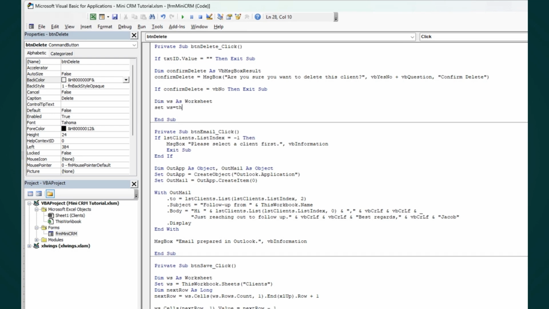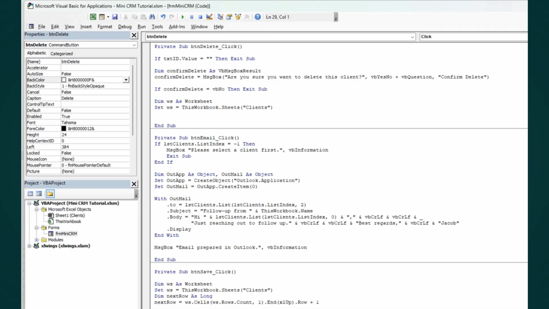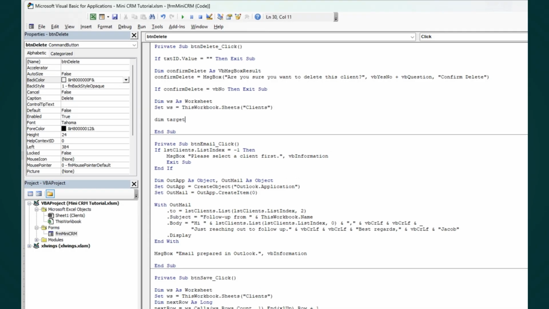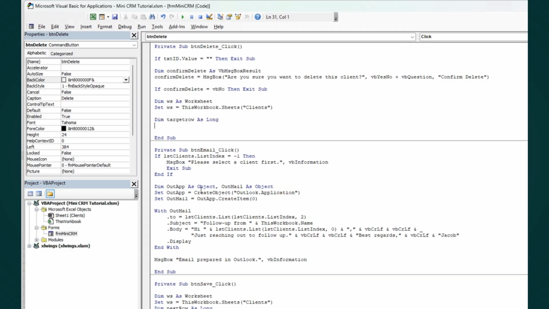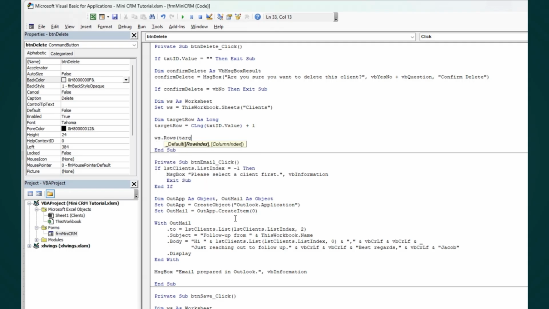and set ws equal this workbook the sheets clients. Dim title row as long and target row equal clng txt id dot value +1, that's the id row 2, ws dot rows target row dot delete,